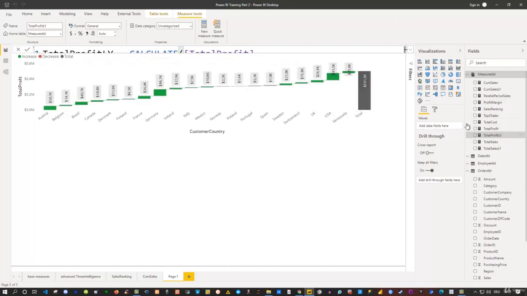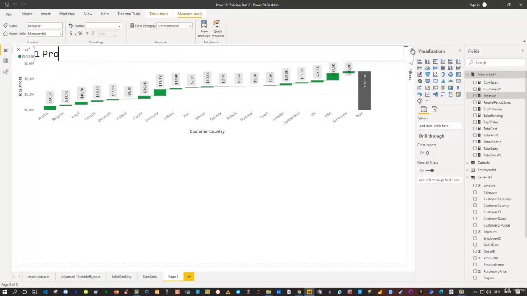Now, of course, you also can go in here and say you want to make this a dollar symbol and also switch it to 2. You press enter, and then we can see we got the total profit last year also calculated. And finally, of course, what could be interesting is now what's the difference actually between the current profit and the profit from the prior year. So there, what we could do is simply calculate the difference. So if I right click on the measures table, click on new measure here, and say now I'd like to see my difference. So let's say